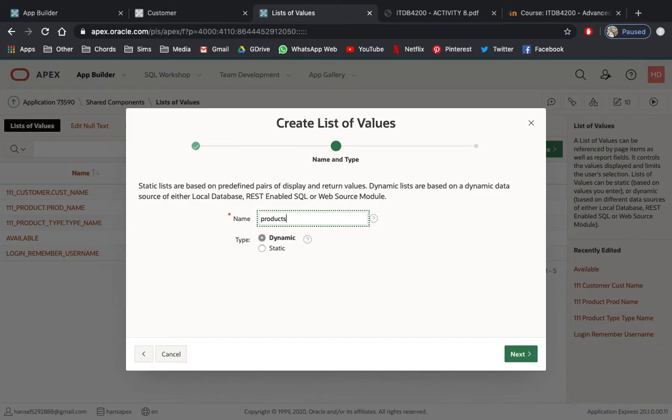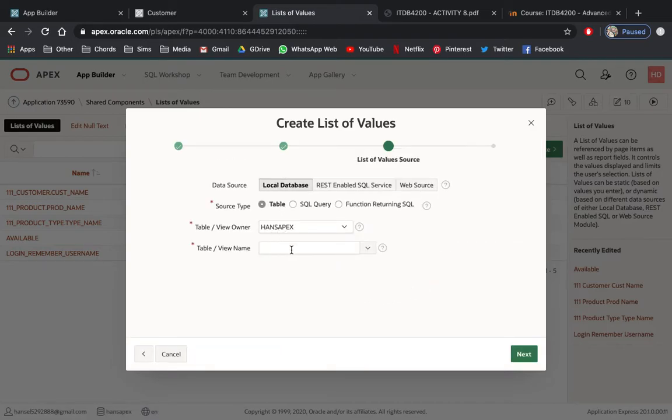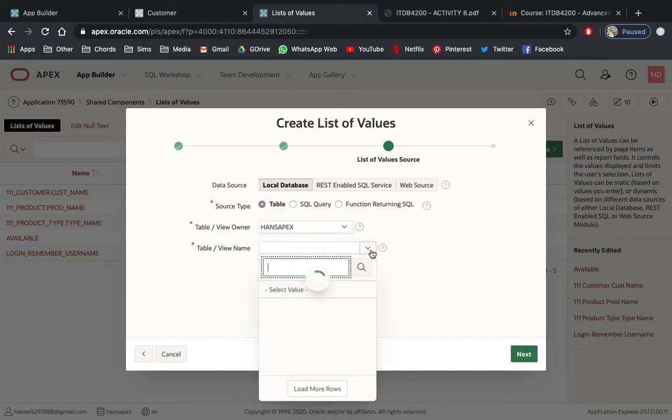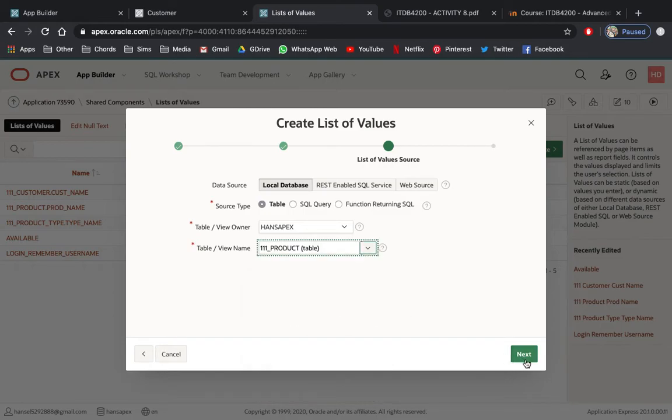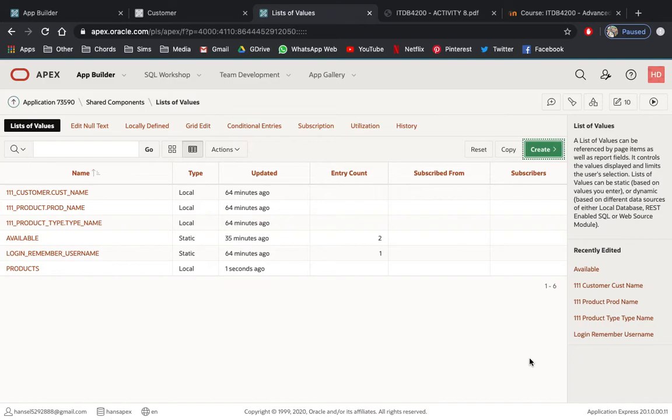Let me just click next, and this time the LOV will ask us to select the table, and that would be of course our 111 underscore product. We have other options: we can write the query, and we can also write a function returning SQL. Let me select product, click next, and the return column will be product ID, because this will be stored in your backend, and the display column will be product name. So let's create this and apply it from our master details.